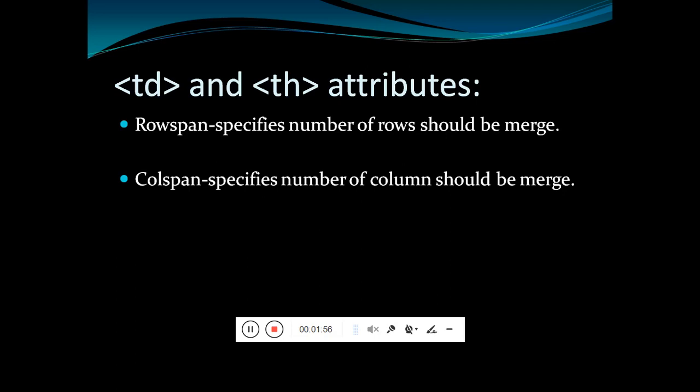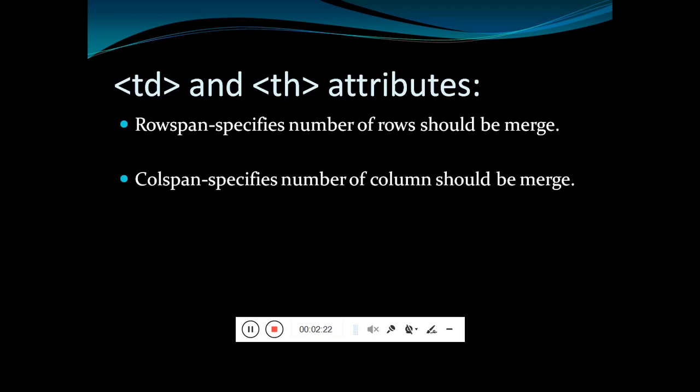In the last lecture, we learned what is the difference between the th and the td tag. So simply you know what is meant by td, that is your table data, and what is the th, that is your table heading. The difference is nothing but whenever you want to display any simple data in the table, we use the td tag, and whenever you want to give the column heading or the row heading, we use the th.